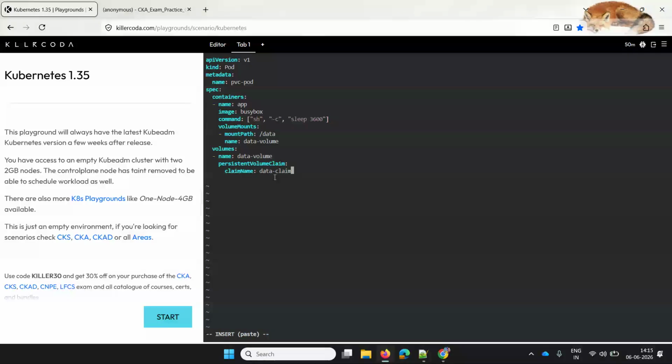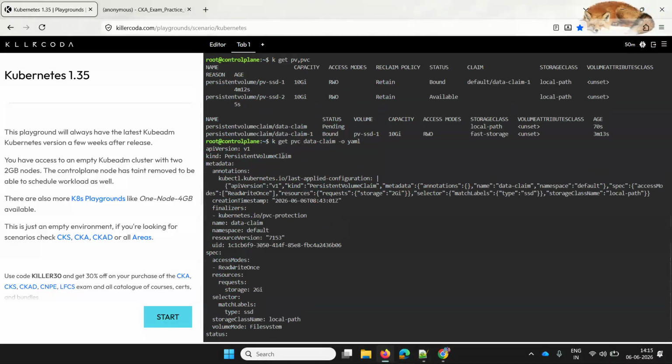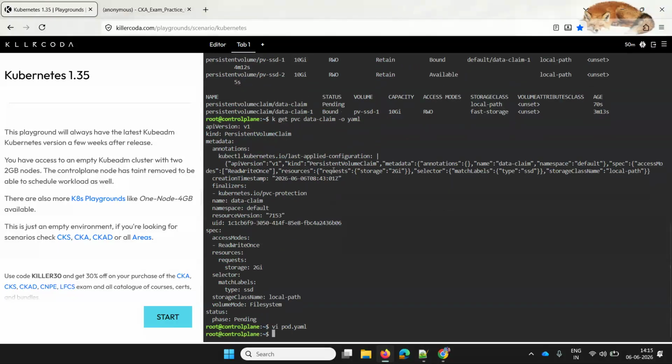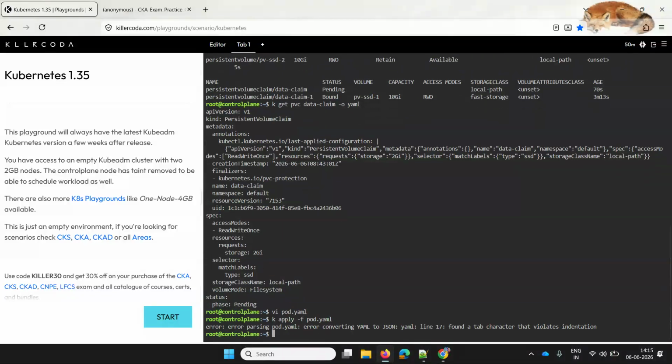Basically, let's see the claim name which we want to use, which is in the pending state, right? So what is the pending state? Data claim only, so I think that is fine. Now I will apply pod.yaml.